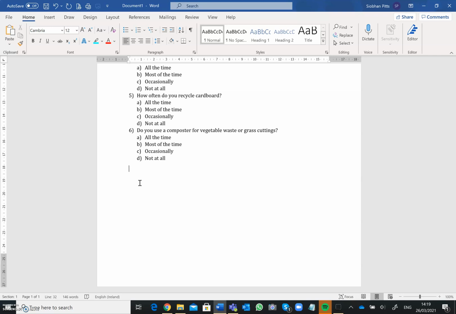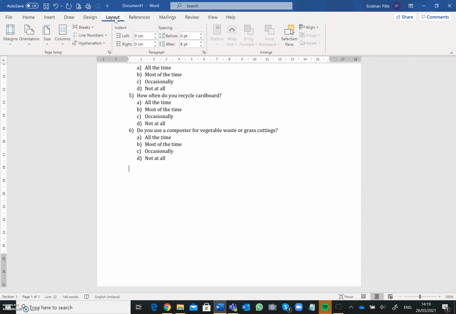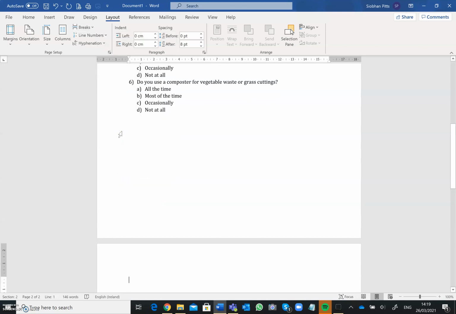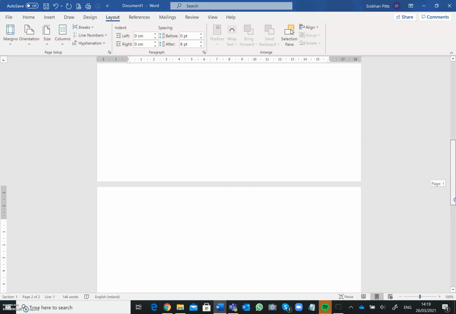So to do that, I need to insert what is called a section break. So I need to go to my Layout tab on the ribbon. Currently I'm in my Home tab, so I'm going to click on my Layout tab, and here in the Page Setup group, I am going to click on Breaks. I'm going to see what's available there. I want to insert what's called a section break, next page. So I'm going to click on Section Break Next Page,